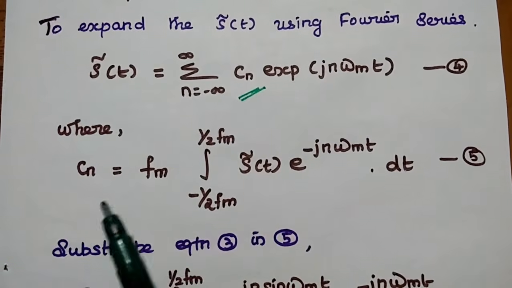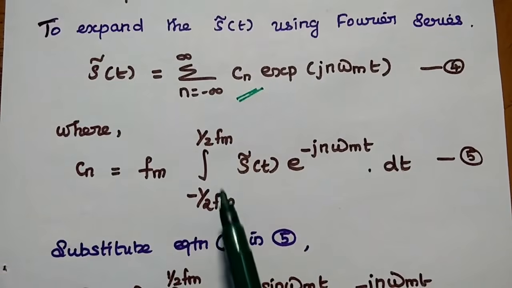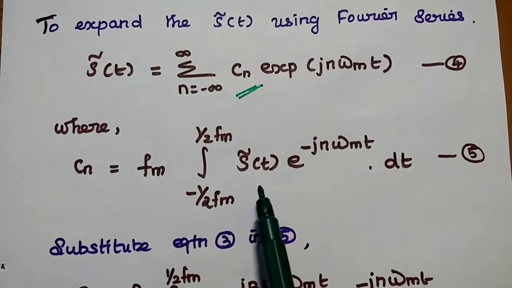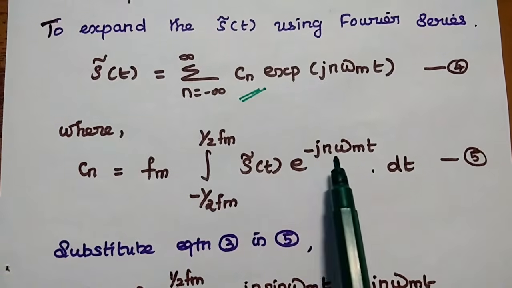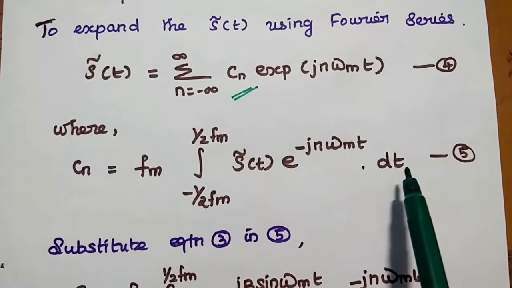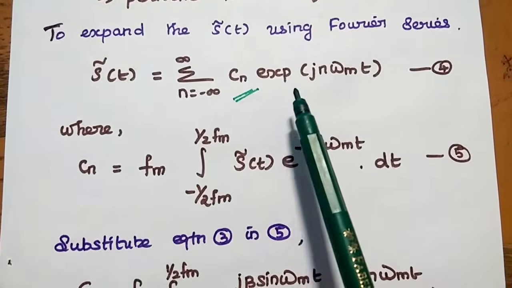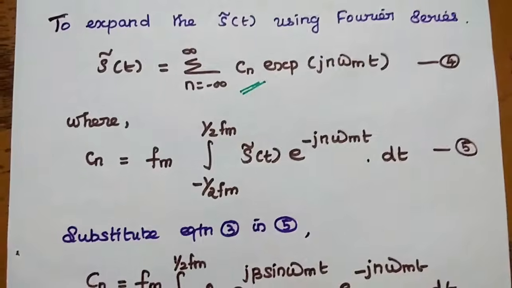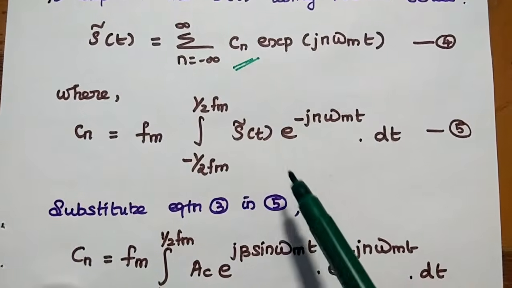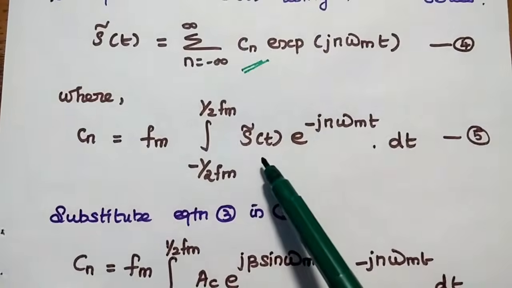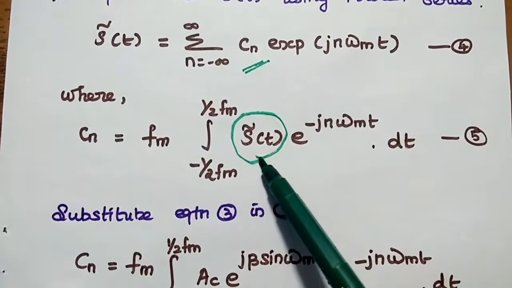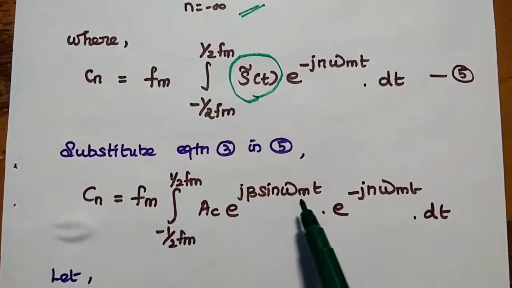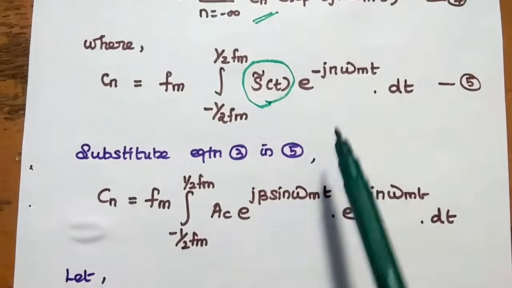So this Cn is equal to fm times the integration from minus 1 by 2 fm to plus 1 by 2 fm of the complex envelope times e power minus j n omega m t dt. This is the fifth equation. Here in this formula we have a plus sign, and for the coefficients we have an e power minus sign. Next we are going to substitute the third equation into this fifth equation. The third equation is the complex envelope of the signal, that is Ac e power j beta sin omega m t times e power minus j n omega m t